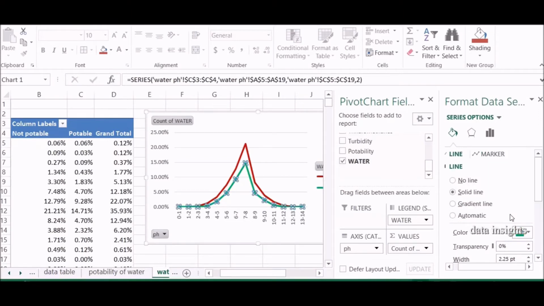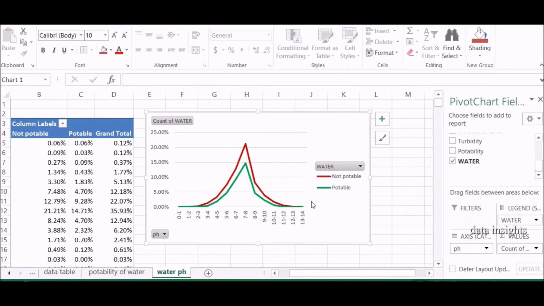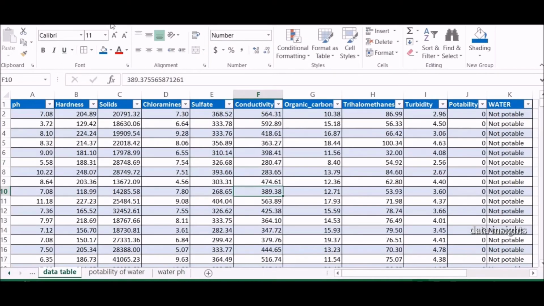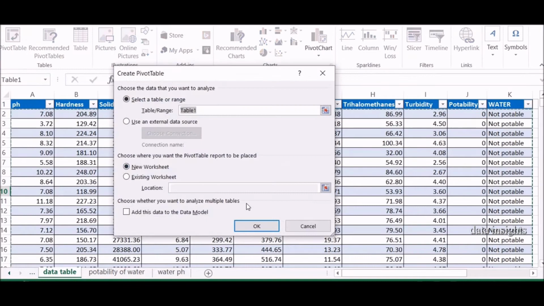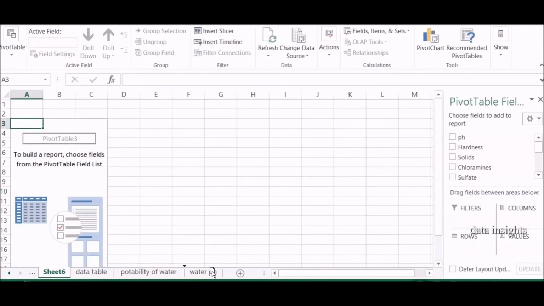You can change the color of the chart by going to format chart. This is very clearly visible: most of the water is between 5 and 10.